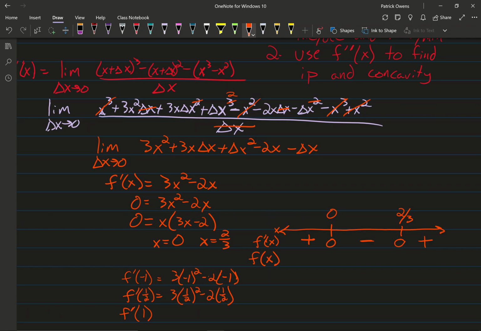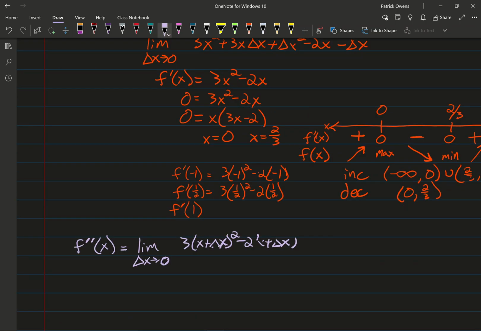and calculate the concavity. What we need to do here is find our second derivative. For that, we find the derivative of the derivative. So we're taking our limit as delta x approaches 0 of f of x plus delta x minus f of x